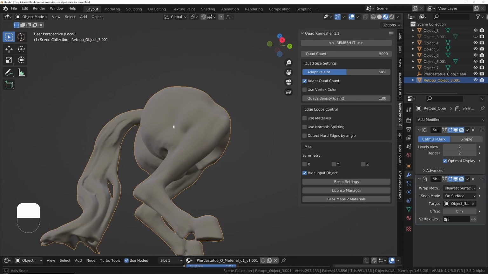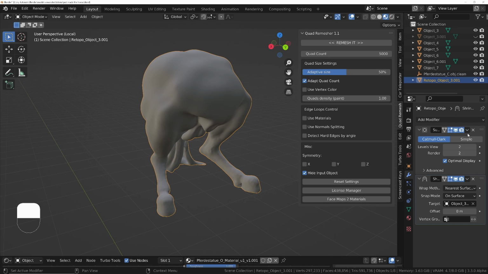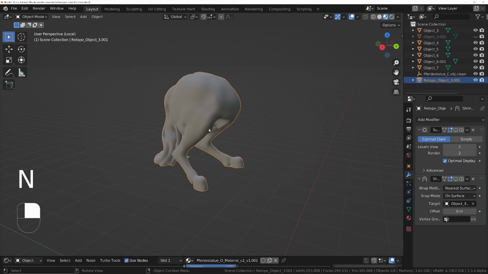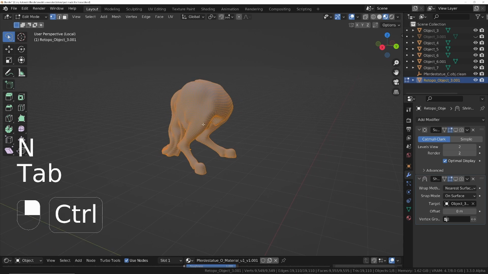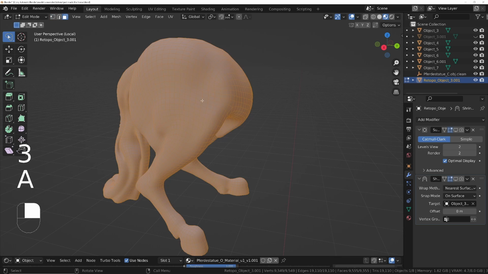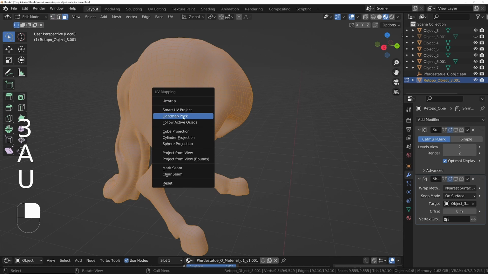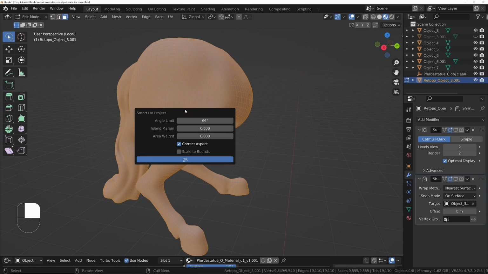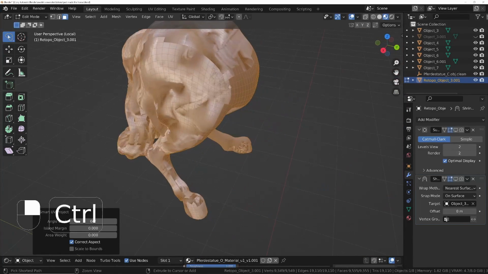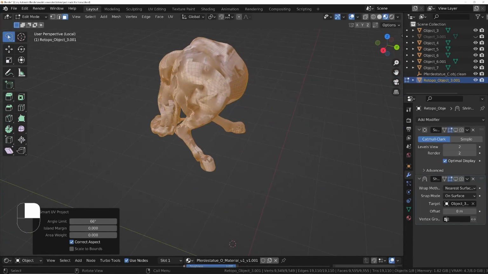2 should be fine. So let's just turn these off for now. And what I'm going to do is start texturing this. But before I do that, I need to go into edit mode, and I need to unwrap it. So with all the faces selected, I'm going to press U, and then I'm just going to do Smart UV Project. And that's going to create a UV map for us on this object, which basically means it breaks the